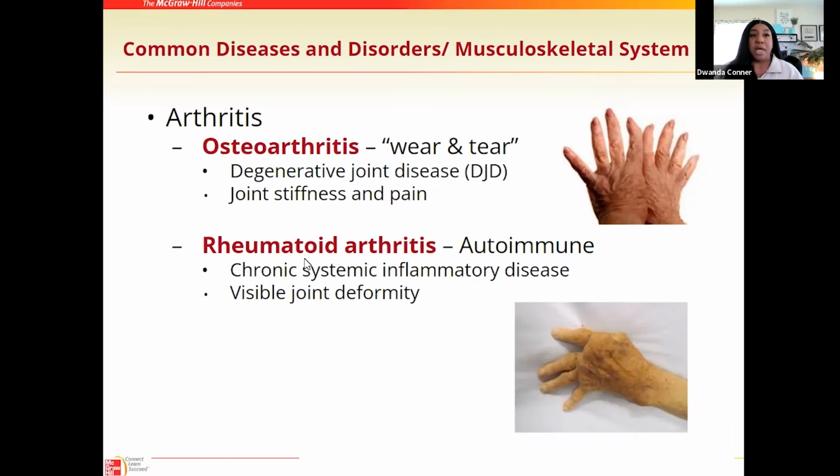So starting out with this slide, we're looking at common diseases and disorders of the musculoskeletal system. And what you'll notice in the top picture there is arthritis. This is osteoarthritis, and when we refer to our medical terminology, we're going to think of itis as being inflammation, arthro is joint, and osteo is bone. So this is an inflammation of the bones and the joints, typically caused by your day-to-day wear and tear on